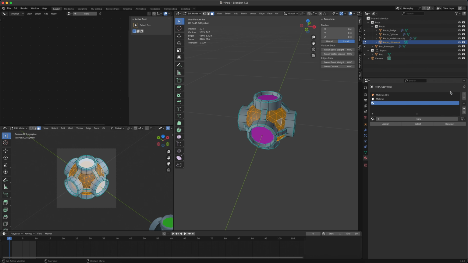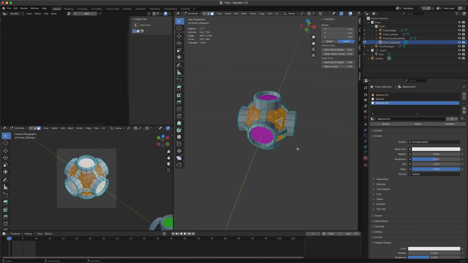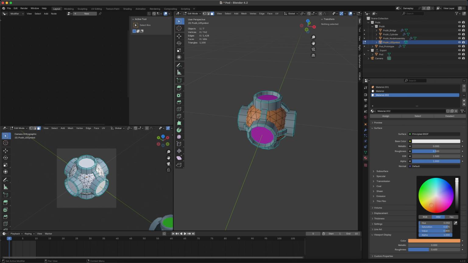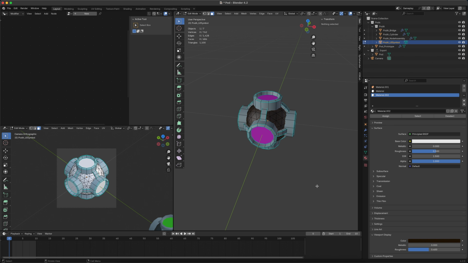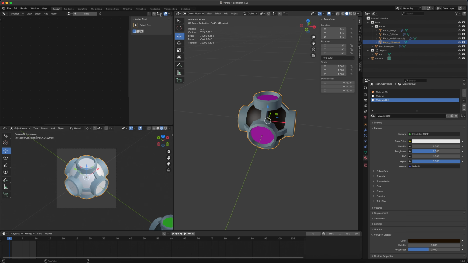And then let's do the same for this one here and just give this one a new material. I'm not going to bother naming them because this is just for this purpose. But let's give this material some viewport color too. There we go. So now I have 3 materials to work with. So if I now go back and make another render,